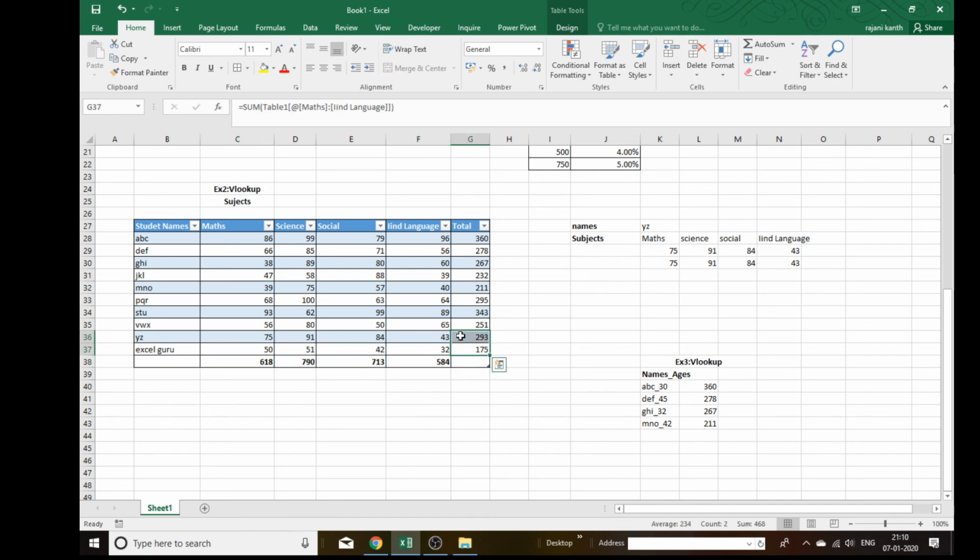In 2010 and earlier it will show you zero. In 2016, it understands that we are doing a sum, and for that reason it has taken the total sum. In 2010 and previous versions it will show you zero only. If you want, you can try in your Excel. Okay, that's all for now.